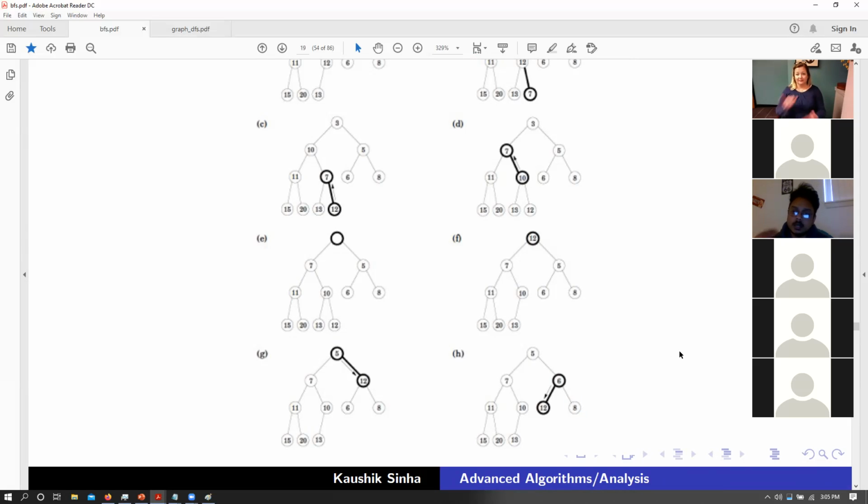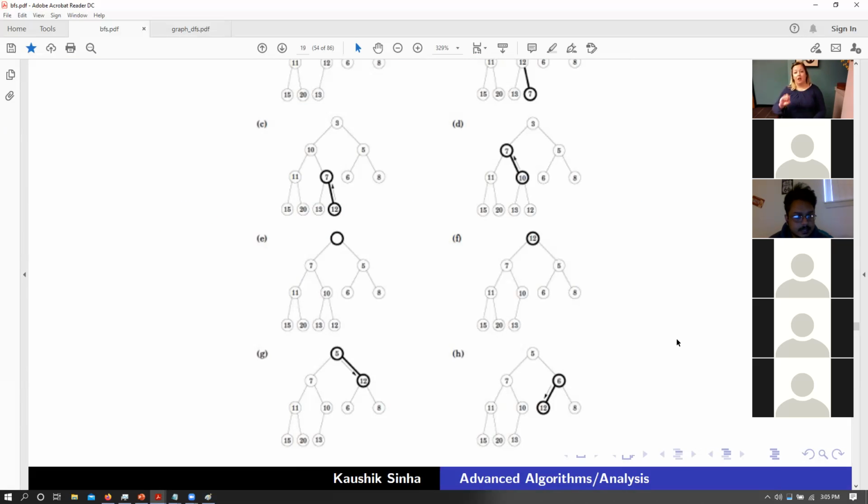There are other architectures that you can use for a priority queue. You can use a sorting algorithm to sort all the elements. That is fine as well. But this is the easiest and least complex way of designing a priority queue data structure for your algorithm. And that is where we get that complexity of V plus E times log of V.